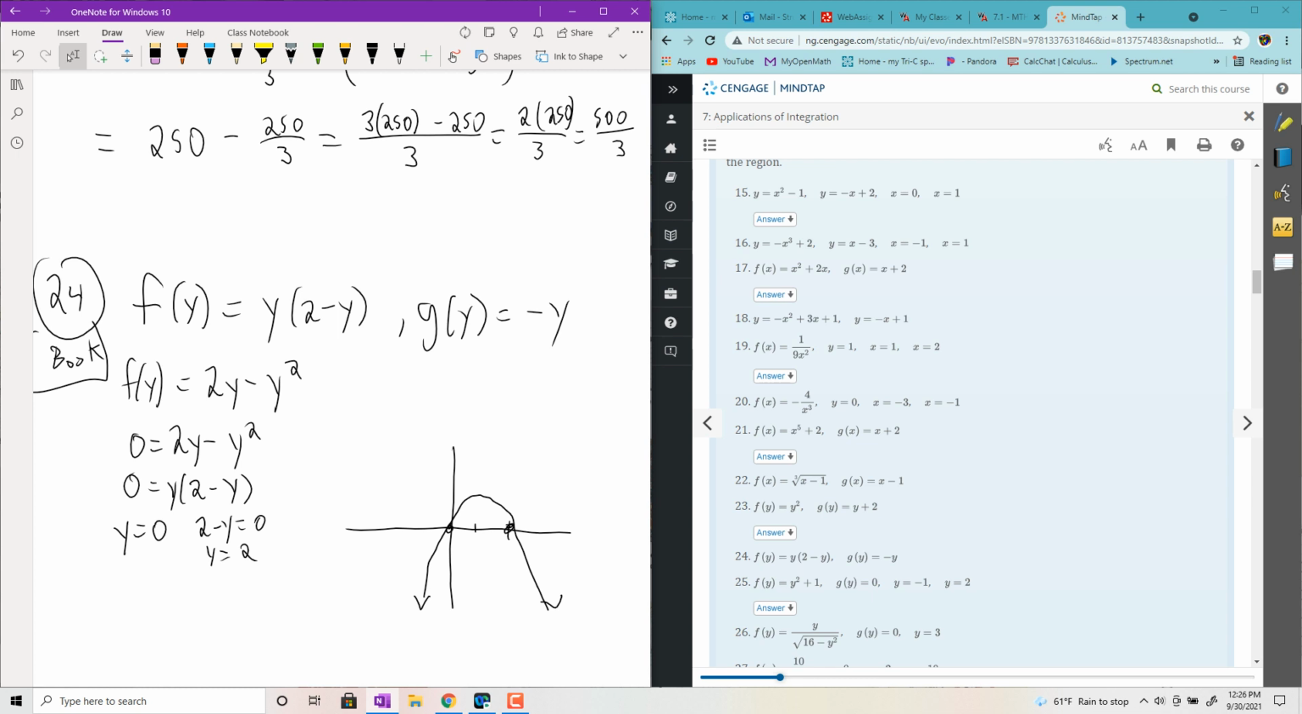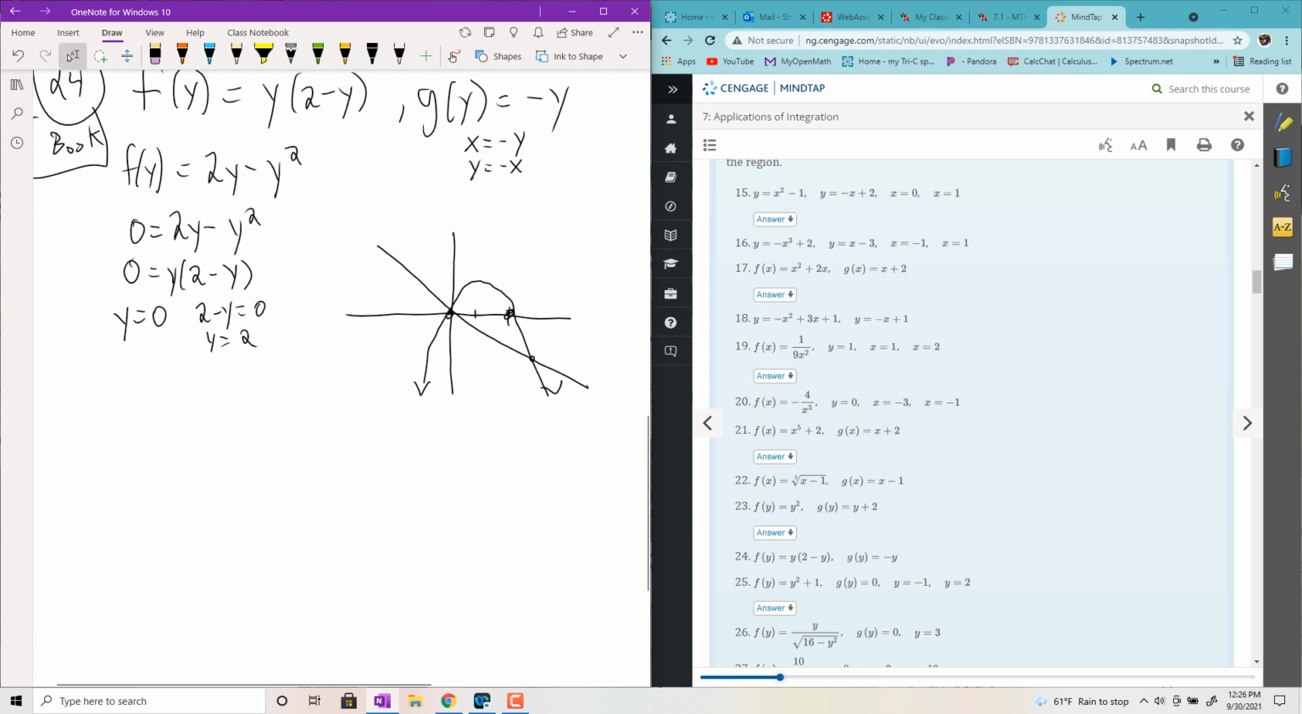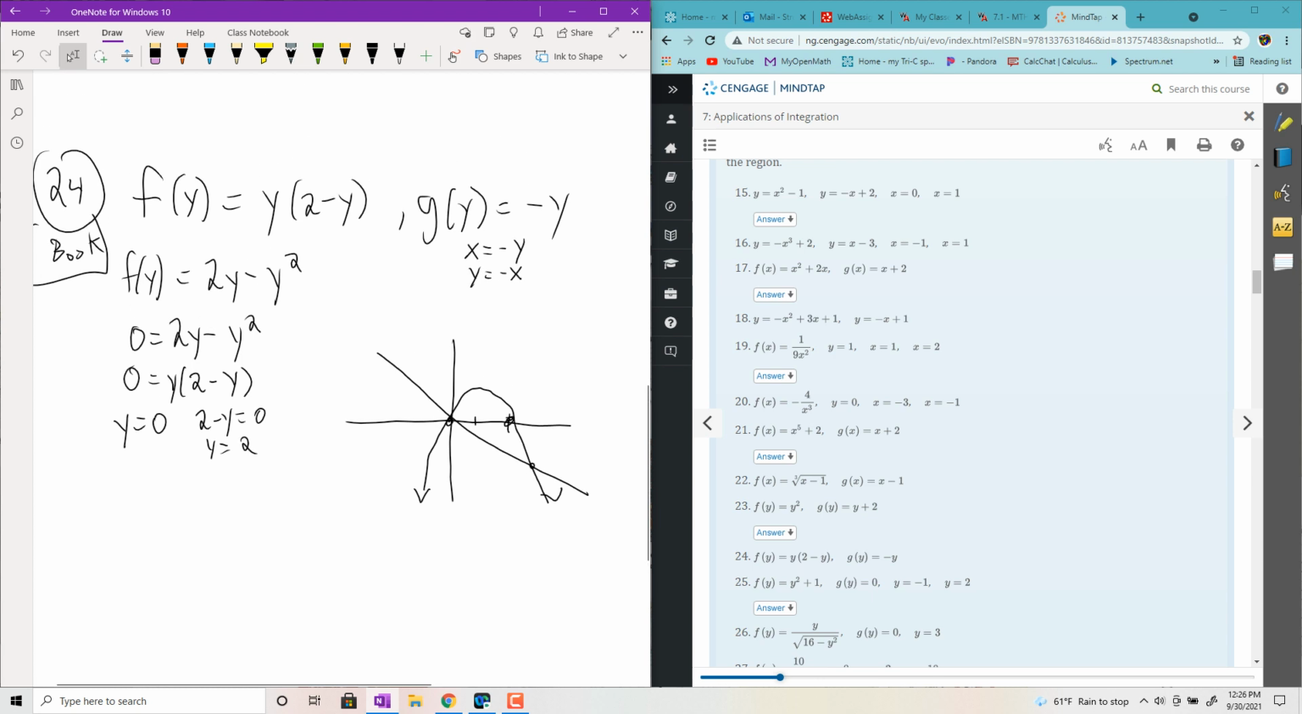The graph of g of y equals negative y is just x equals negative y. In other words, it's y equals negative x. And so we have this character here. Whoops. Upside down diagonal. It's the other direction. It's a diagonal going through the origin, and I predict it'll eventually hit right there. Okay. So I did make a mistake there